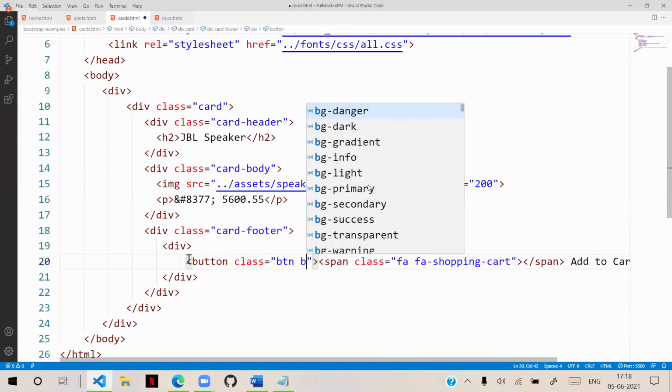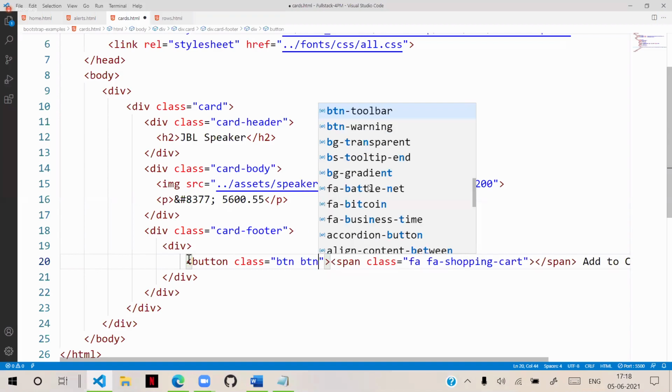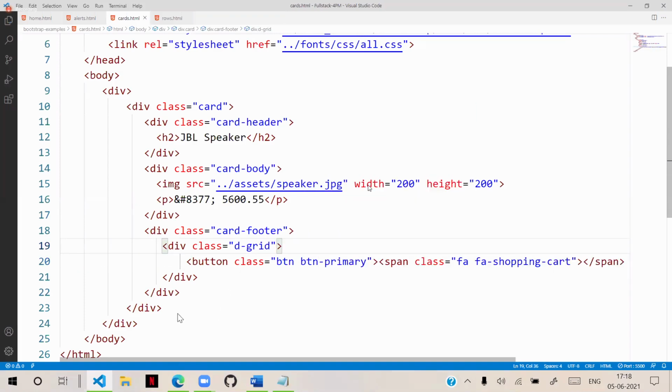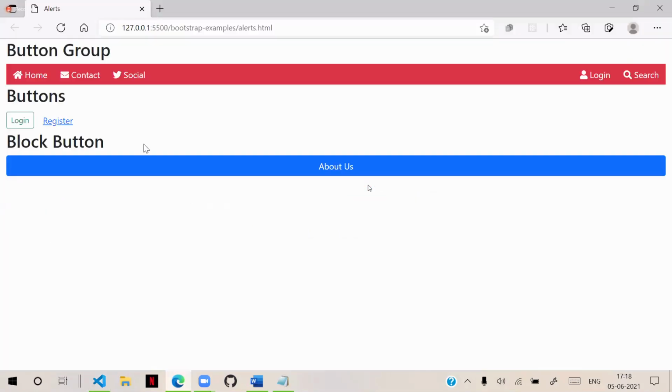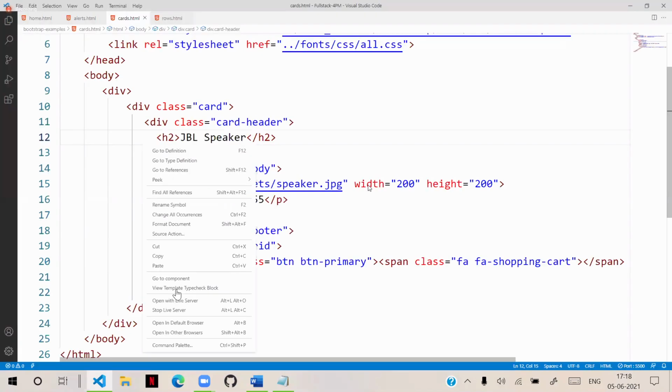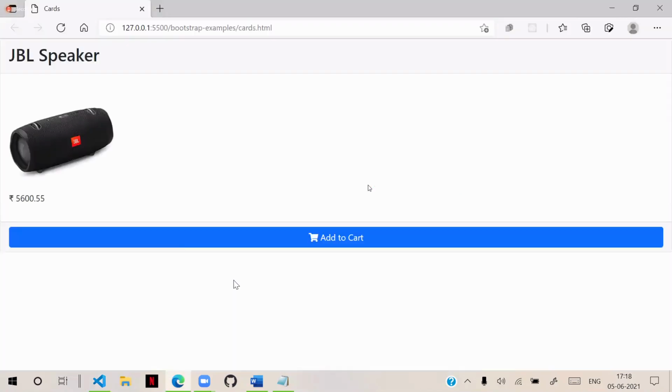And for this we will put the div class as display grid. Okay, this is one card with the card footer. You can see this is the card. Let's run this, and the card looks like this. That is a card style. We have a header, a body, and a footer. Ready-made shades will be there.